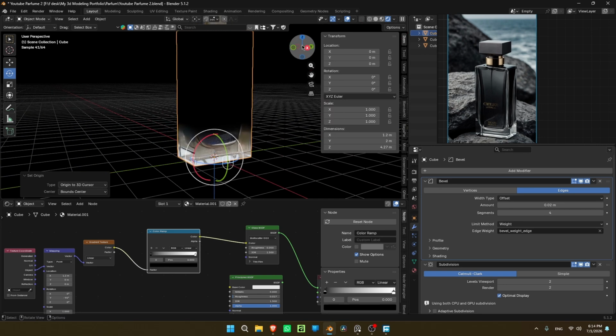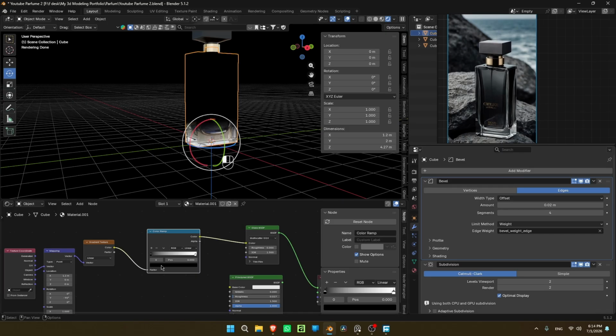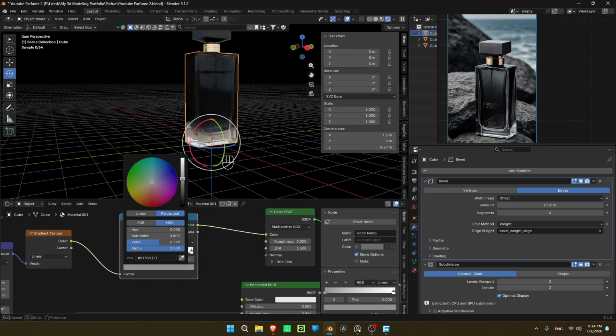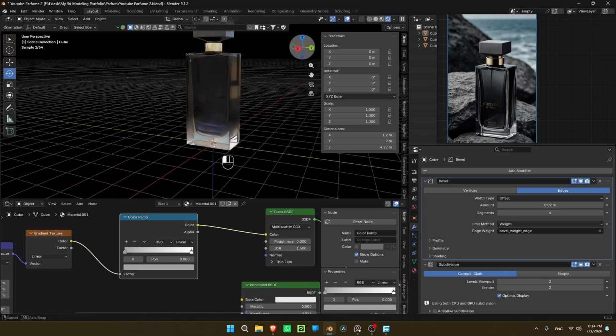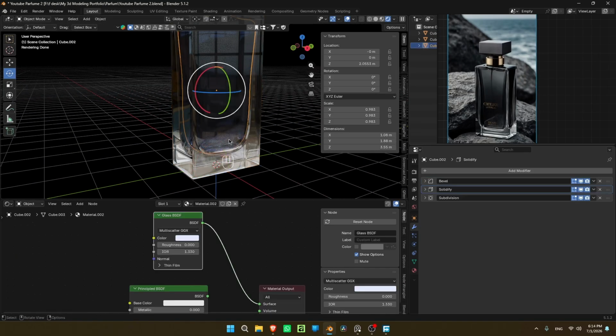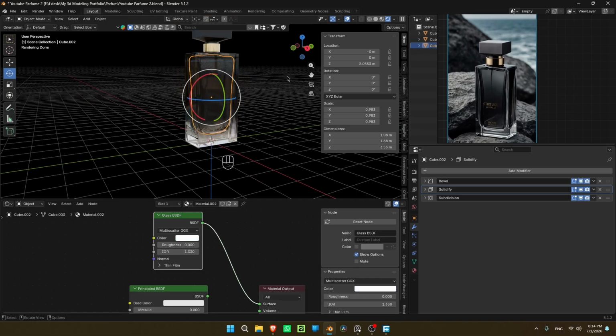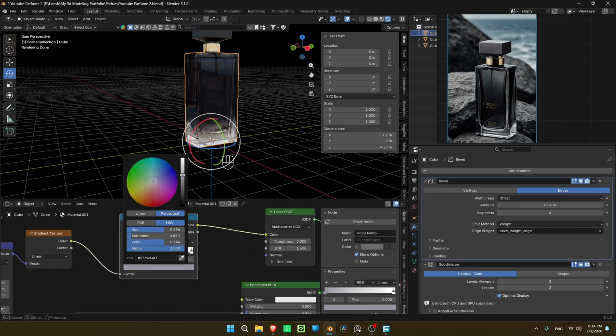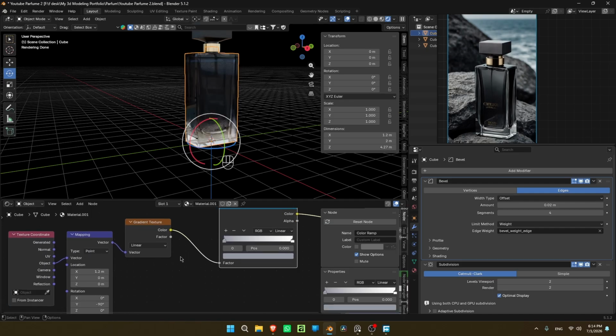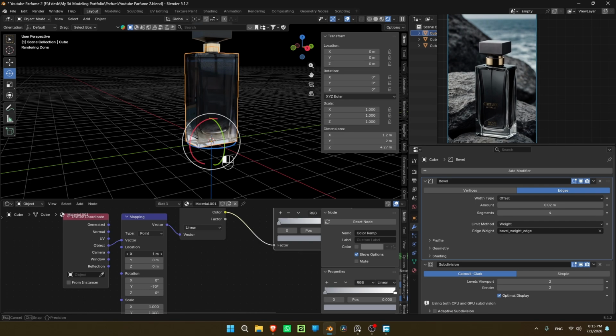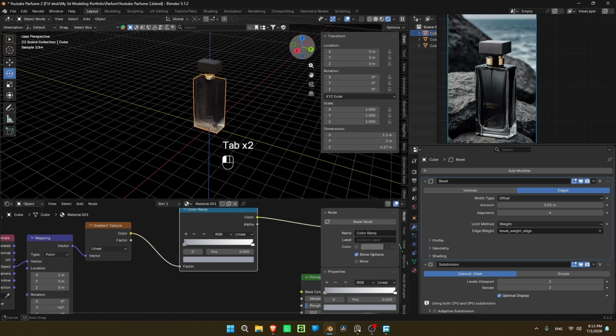So if you see it now, we get our gradient effect. Let me just decrease the blend in here just a bit, just like so. So now we have our gradient, and let me go and change my liquid to something a little bit white, just like so. And our gradient needs to be a little bit bluish. So we're gonna push it in this way, and we're gonna just leave it as is. Alright, the hard part is done.